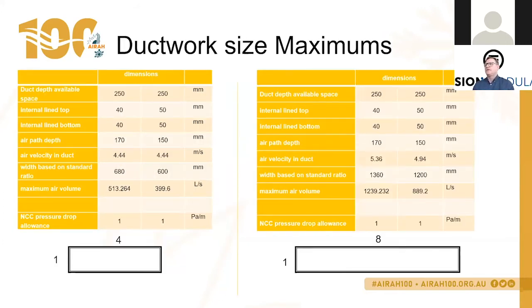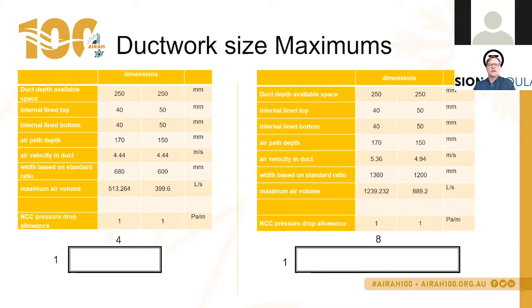So if we have a look at the sizing maximums, if we were to go for this particular pinch point, for a 4:1 ratio, we are limited to about 513 litres a second, and then for an 8:1 ratio, we're still at around 1200 litres per second. So the 2400 litres per second would need to come out of, say, 2 supply air ducts through that pinch point area,